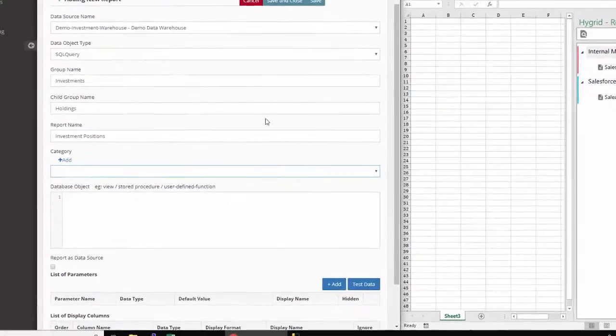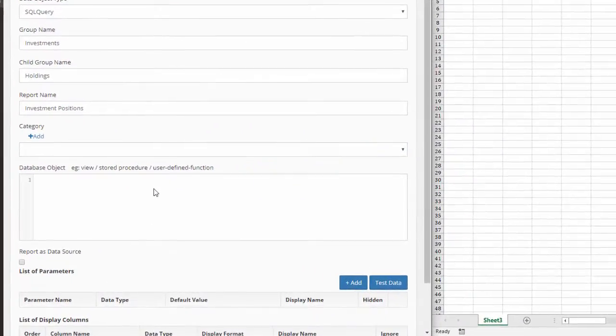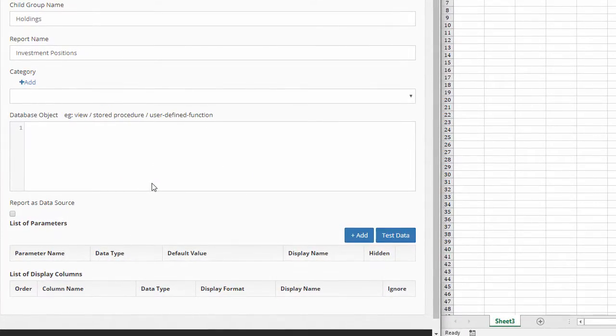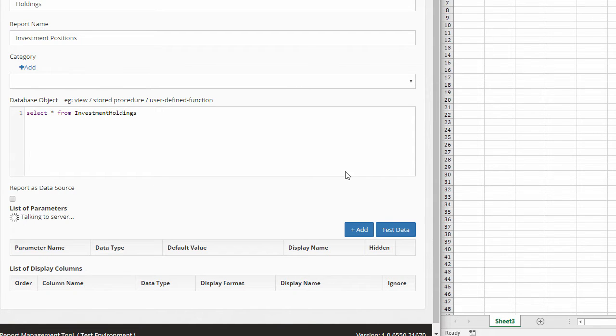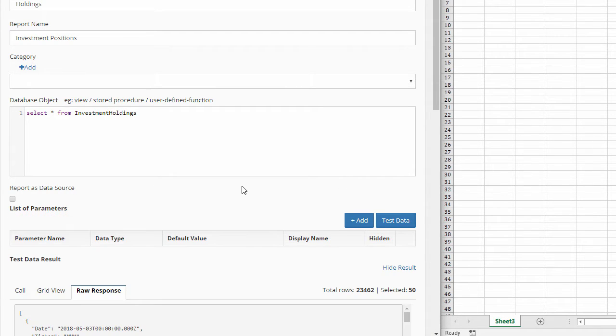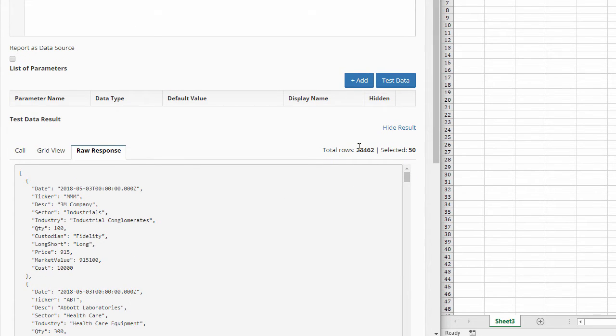Category is just how to categorize these. We're not going to use that for now. And here's where we'll put in our query that sends the report. So we're going to say select star from investment holdings. And then to test that query, we can just press the test button. And here you go. You can see it went to the database and pulled